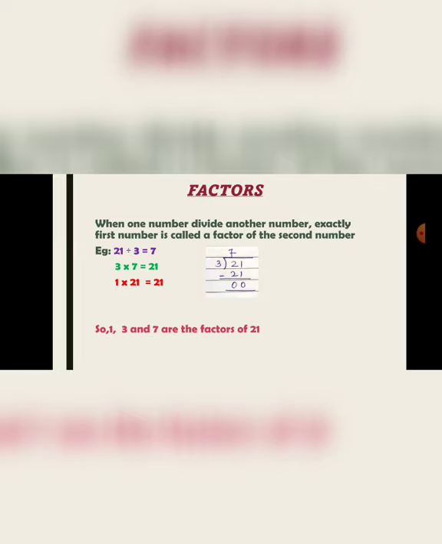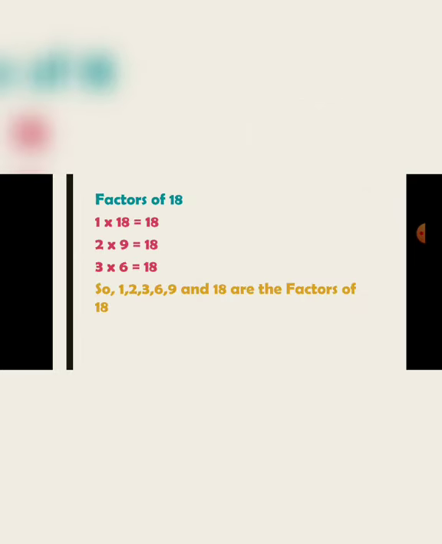Now one more example I am going to give you. Now we have to write the factors of 18. That means we have to write the numbers in whose tables the number 18 comes. So now in 1, as I said, 1 multiplied by 18 will be 18. Now in the 2 table, 18 comes at what time? 2 nines are 18. Then in the 3 table, at what time does it come? 3 sixes are 18. So now these numbers 1, 18, 2, 9, 3 and 6 are the factors of 18.